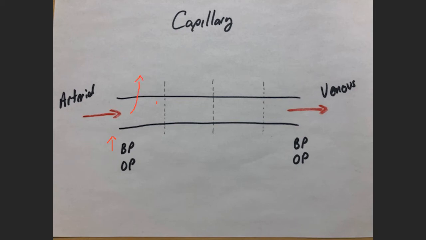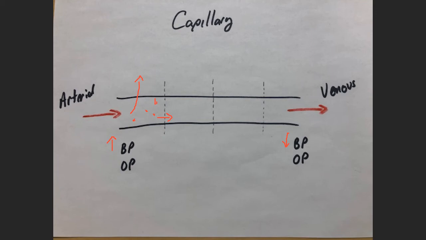Now we're going to start to be able to see the trend happening. As we move from left to right, blood pressure drops down. We just went through segment 1 and we lost some fluid, but the albumin stays in the capillary. The solute stays in the capillary. So now as we move to the second segment of the capillary,